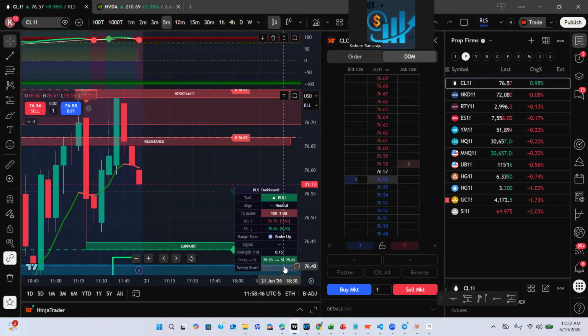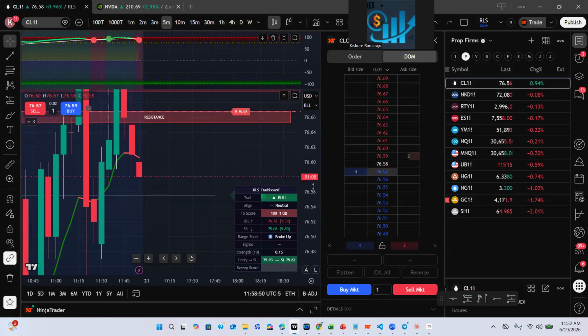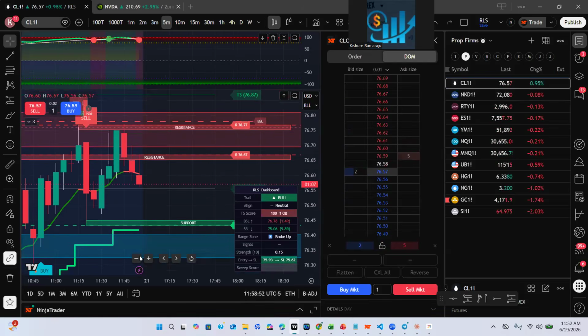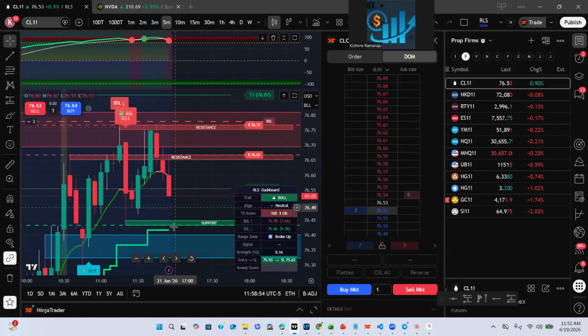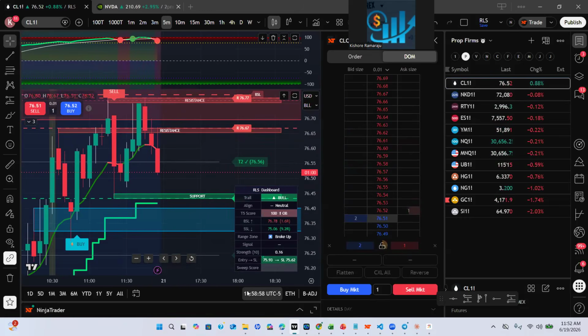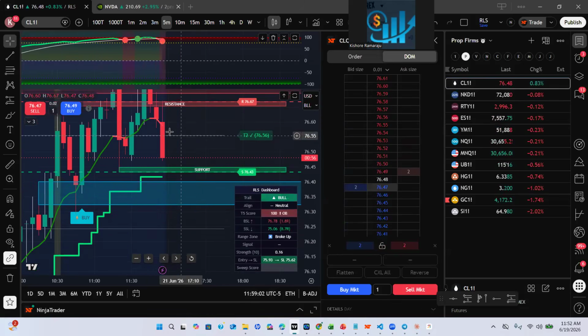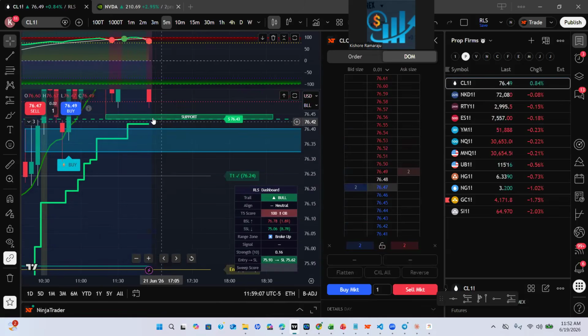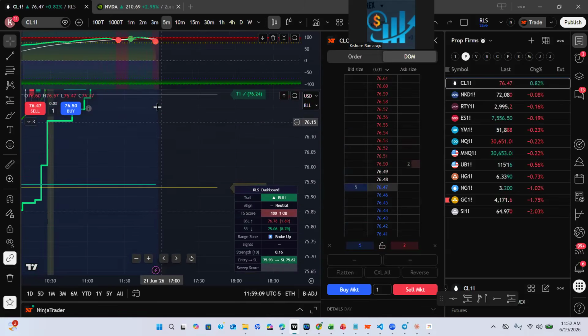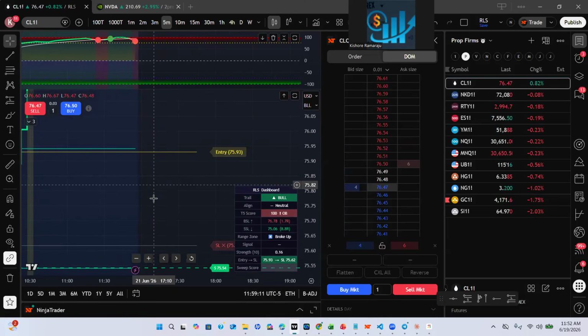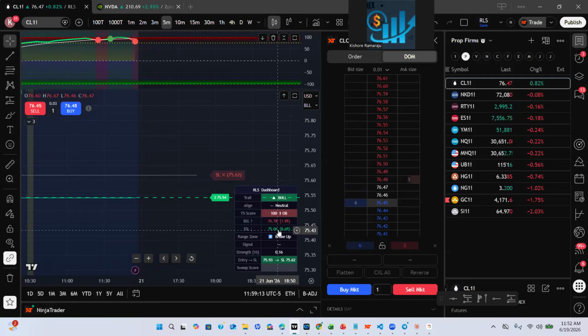Because the market will close, better you close all the trades. If you took crude oil also, crude oil is also dropping, but because today the market closes at 12 o'clock. So if it breaks this support, then we have support here. If it breaks that, then it will come all the way to 75.06.